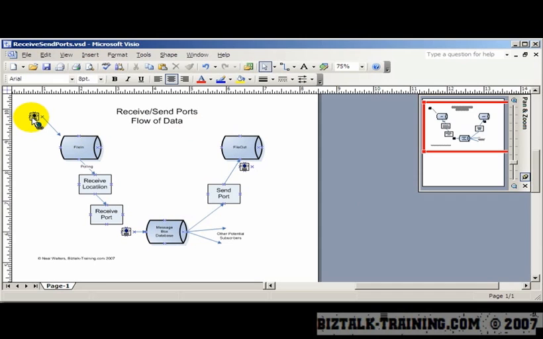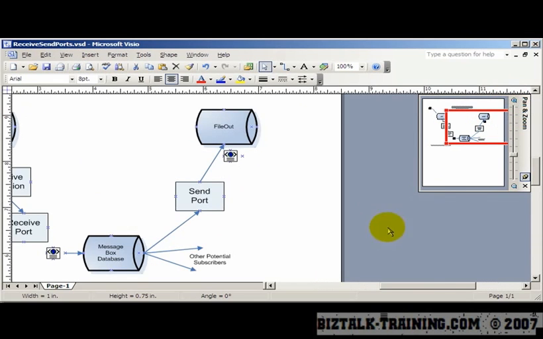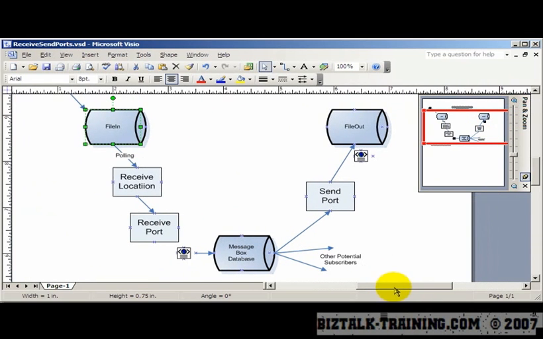This little box is our XML message, and it's going to go into a directory on the hard drive. Let me zoom in a little bit here. So in our directory on the hard drive, that will be monitored or polled by a BizTalk receive location. And basically one receive port can have many receive locations. So we'll only need one at this time, but the structure is that the receive location only exists inside of